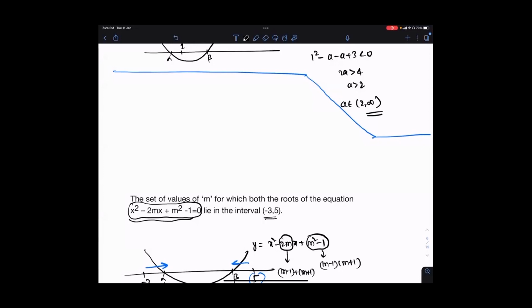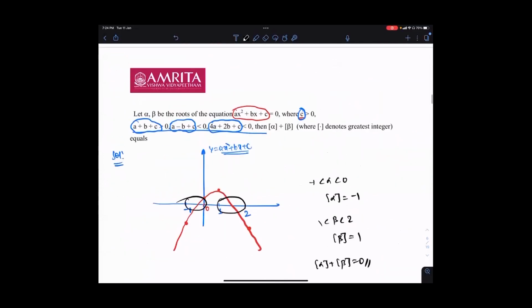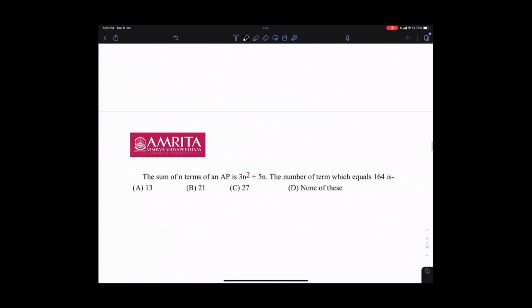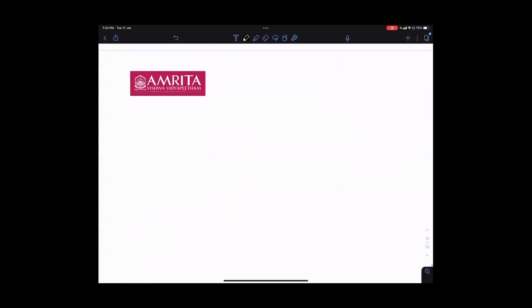Why? Because for those questions, the values are very important. Otherwise, I can't randomly give some question. Okay, I'll take one question. Let me just go to the end of the, yeah, here I'll explain.